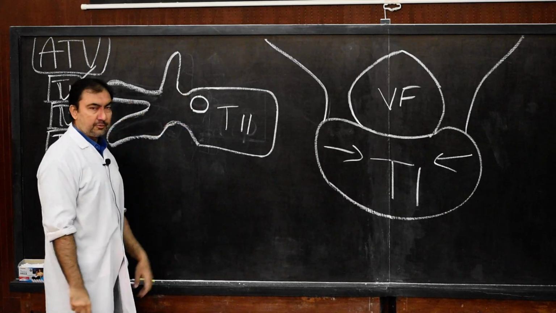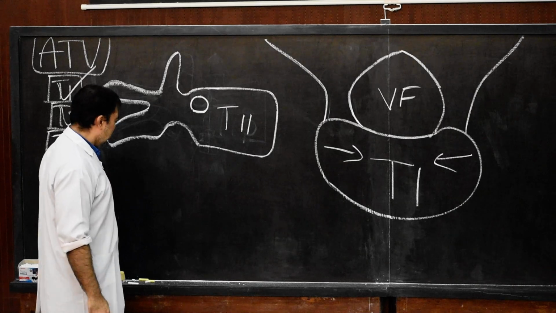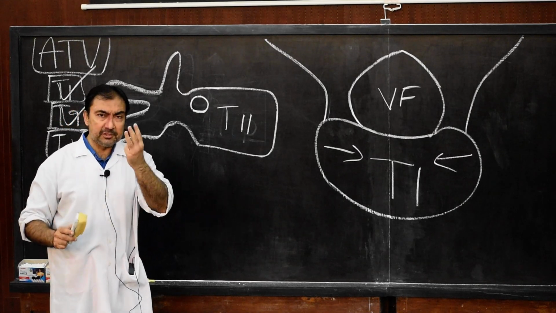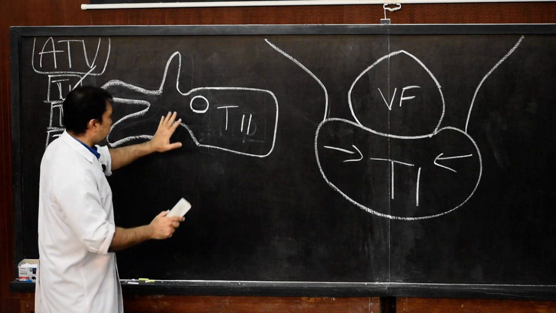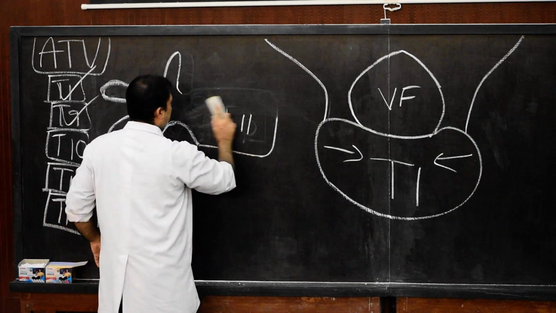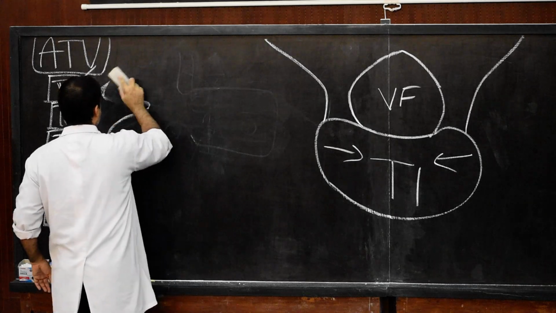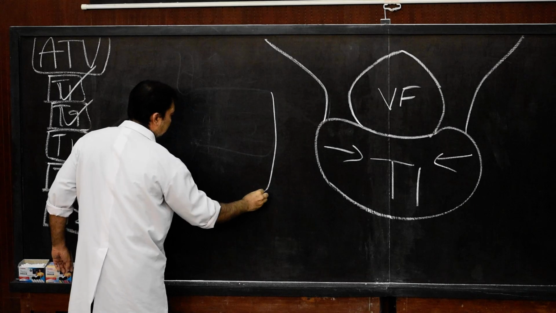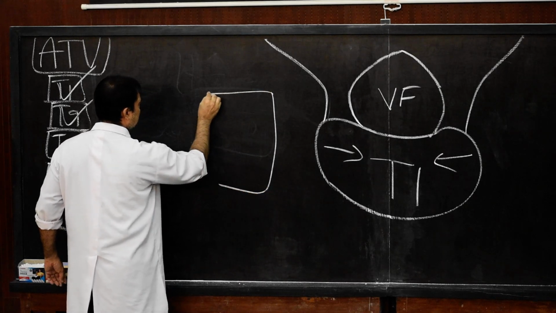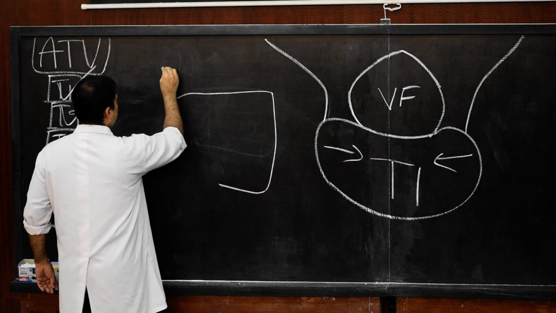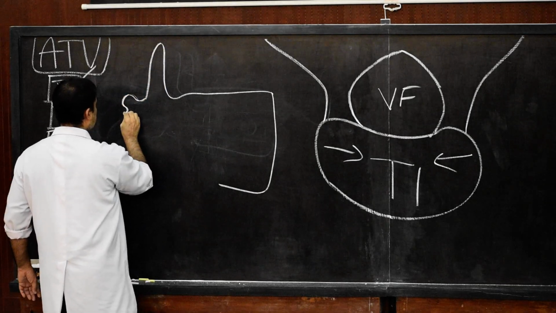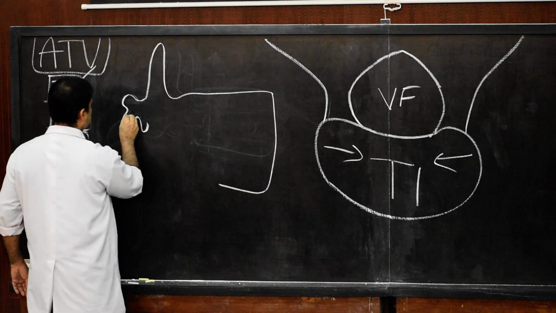Now we come to the last one. In the last one, that is T12, it is loaded with 3 exceptional features. So therefore this is T11. Now we come to T12. In case of T12, let us draw. Now this will be T12. Here we draw the T12 with superior articular process, and this we show as transverse process.